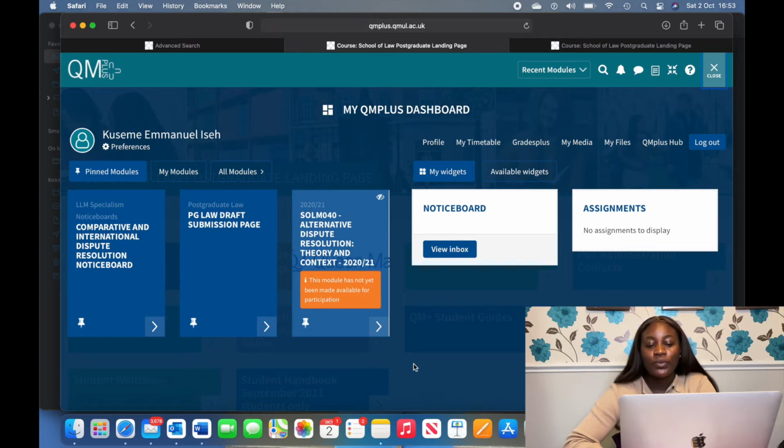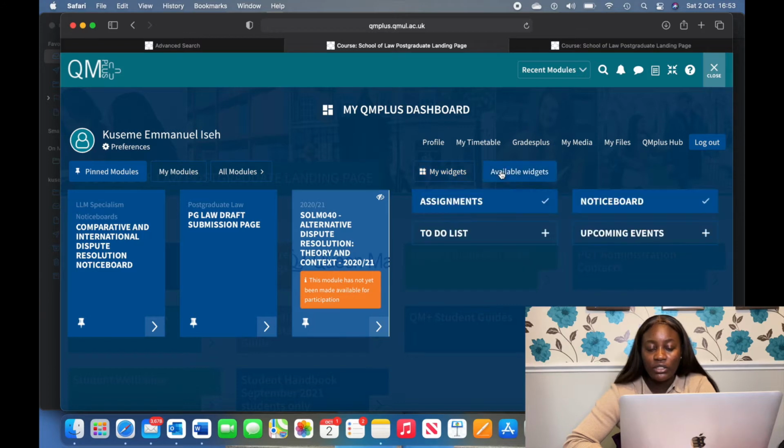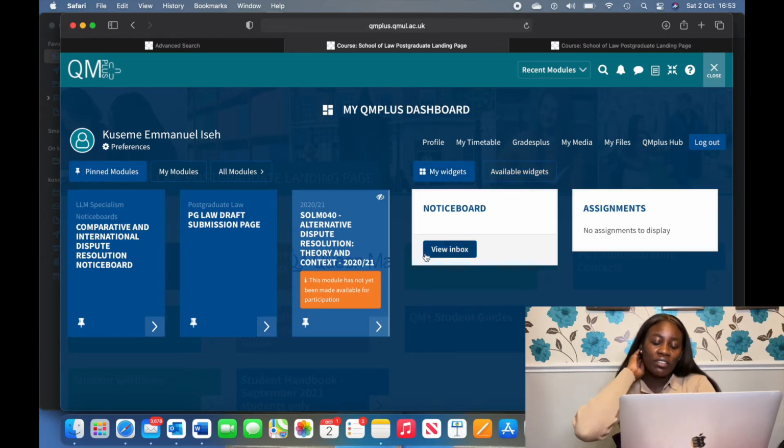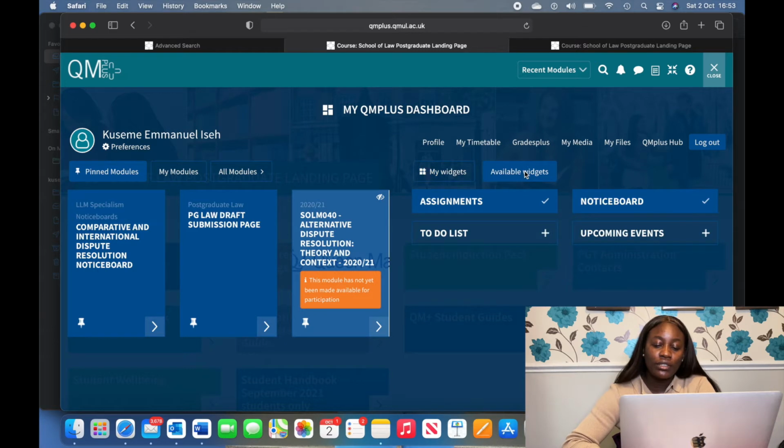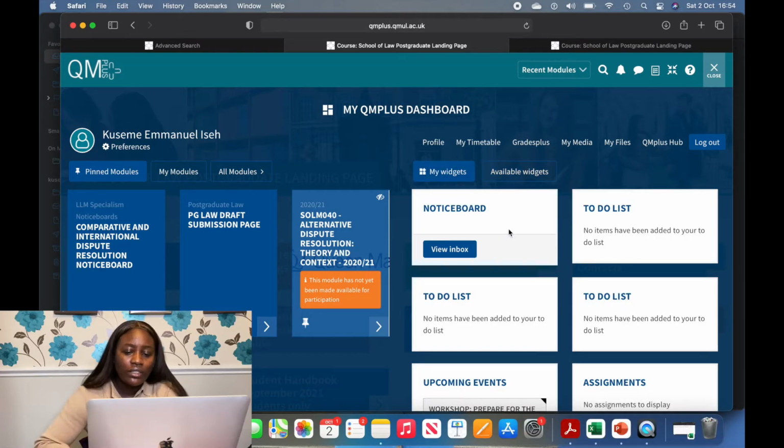Another thing you should do is pin relevant information on your Qmplus dashboard. For instance, let's go to available widgets. When you come to available widgets, all you need to do is just click the plus button, and then just select and it will appear on your my widget,